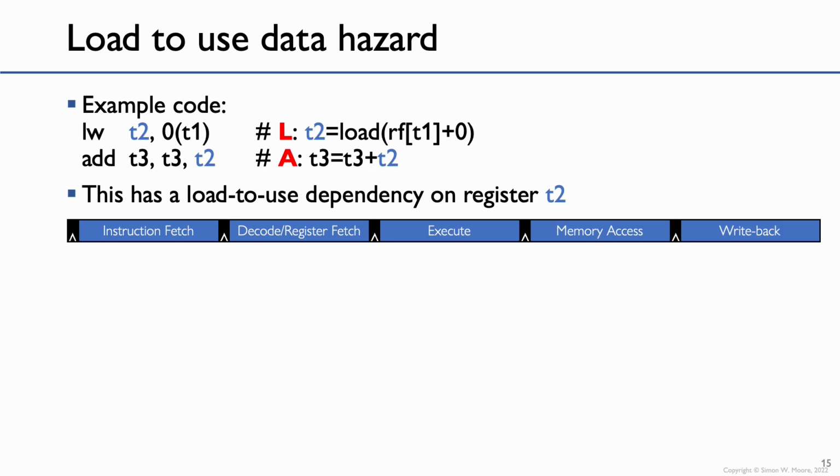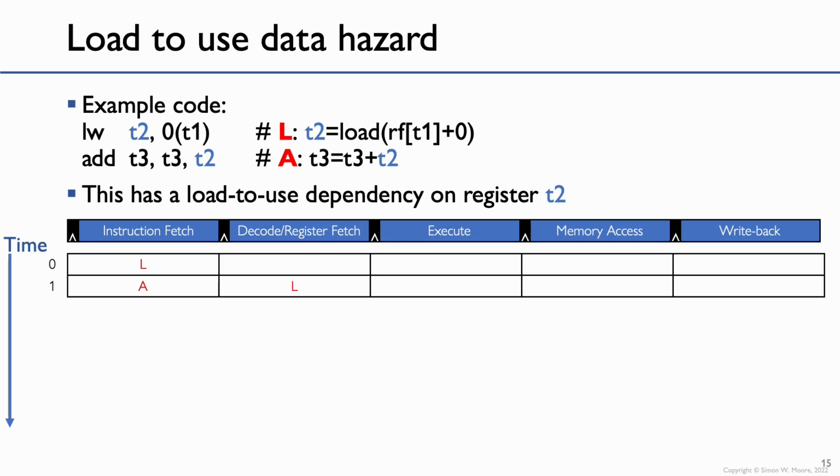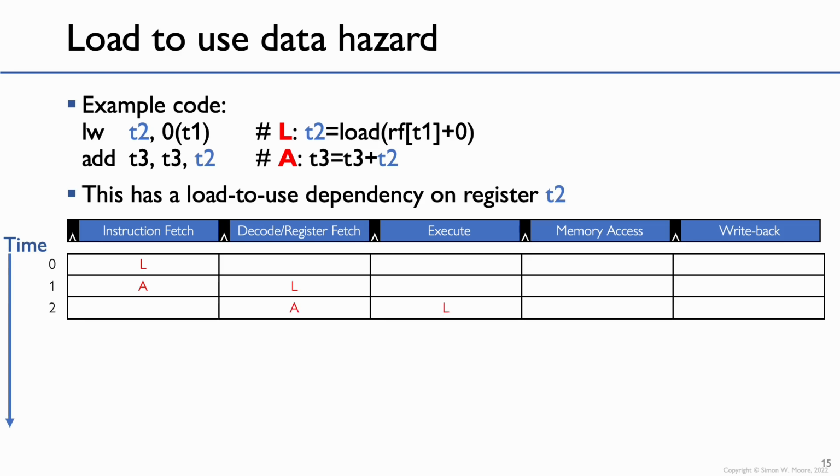Now let's look to see how these instructions, so the load instruction I'm going to just refer to as L and the add instruction as A, progress down the pipeline. So we're going to look over time to see what happens. At time step 0, we'll fetch the load instruction, the instruction fetch. That will then propagate to decode, and whilst we're decoding load, the add instruction is already being fetched. Then in the next clock tick,